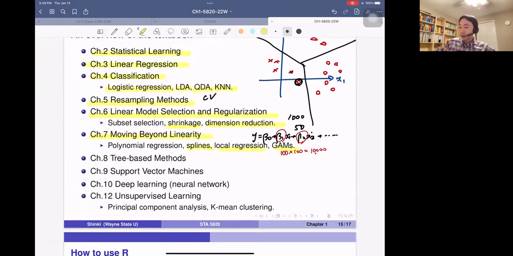So these are also new materials. Chapter 8, the tree-based methods. Tree means that we separate cases. Often to make some decision, we separate cases, right? For example,